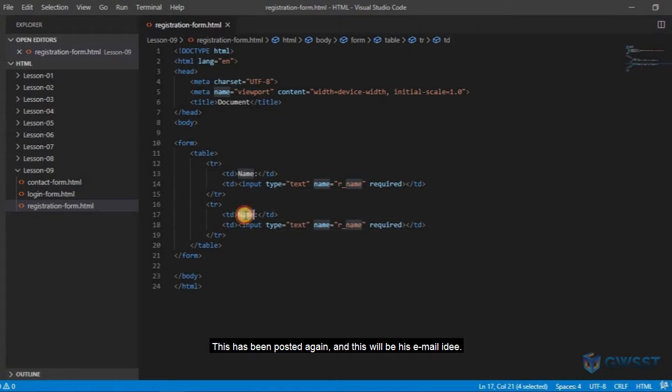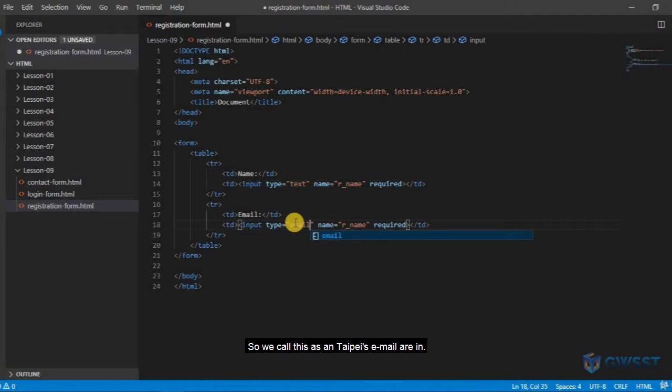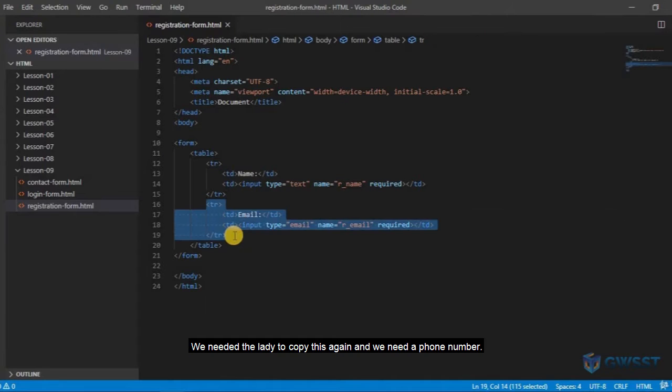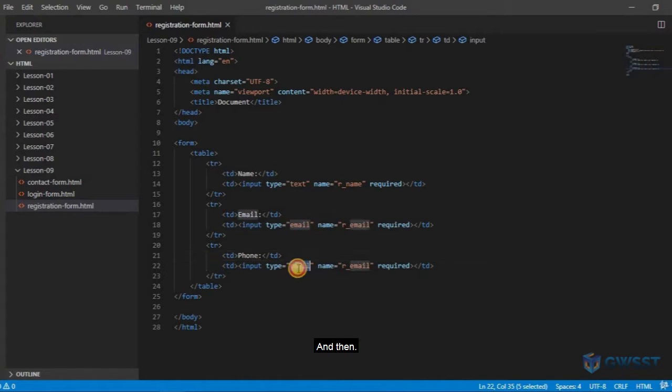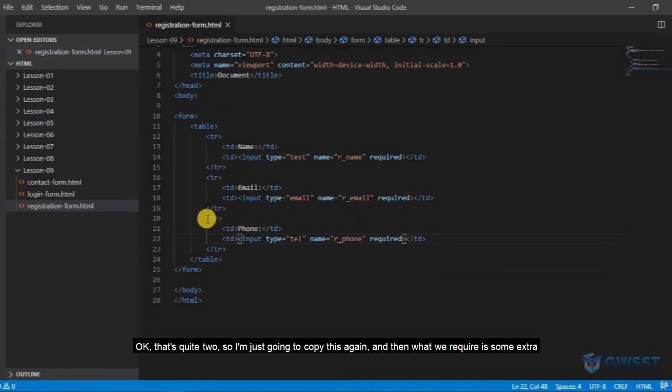and this will be his email ID. So we'll call this input type as email, our email. We need his email ID too. So let's copy this again, and we need a phone number. So I'm going to call this phone. Input type is tel, and our phone. Okay, that's required too. So I'm just going to copy this again,